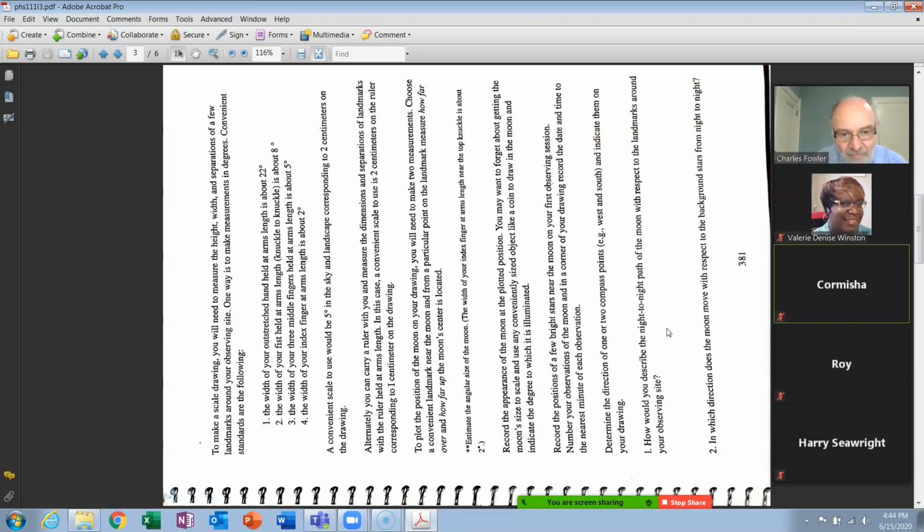Now, read this. It has more information in it. Here is the key. Your first question on this lab, and you won't be able to answer until you're through with your 5 to 7 observations over a 2-week period: How would you describe the night-to-night path of the moon with respect to the landmarks around your observing site? So let's say, I'm just going to make this up, don't think this is anywhere near. Let's say the first night I saw it, like this morning when I was looking at it,